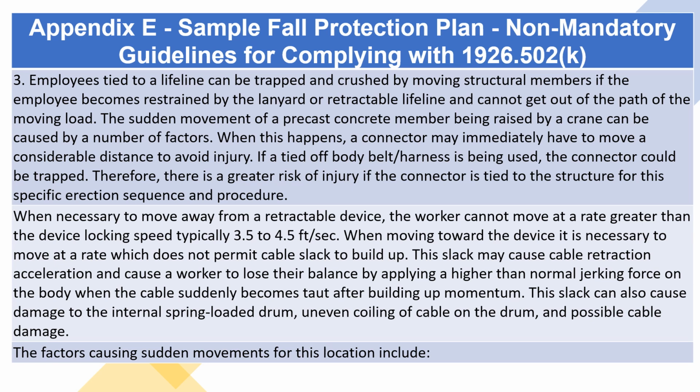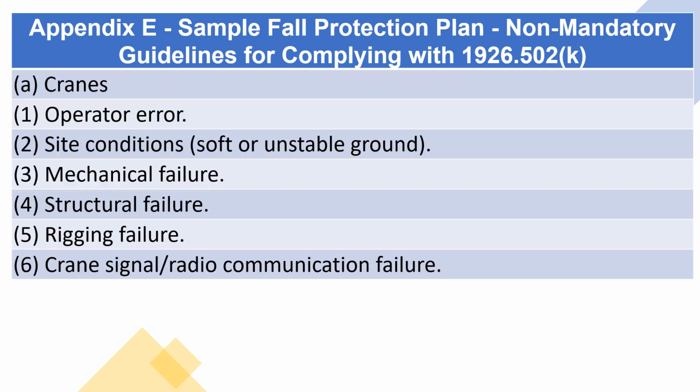When moving toward the device, it is necessary to move at a rate which does not permit cable slack to build up. This slack may cause cable retraction acceleration and cause a worker to lose their balance by applying a higher than normal jerking force on the body when the cable suddenly becomes taut after building up momentum. This slack can also cause damage to the internal spring-loaded drum, uneven coiling of cable on the drum, and possible cable damage. The factors causing sudden movements for this location include: